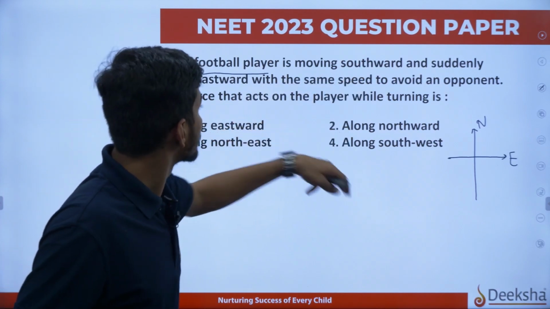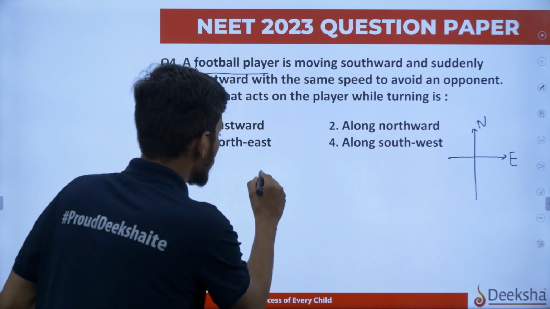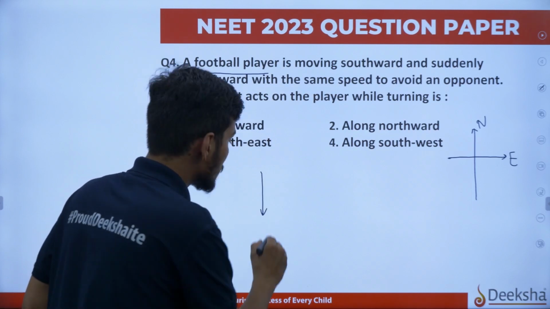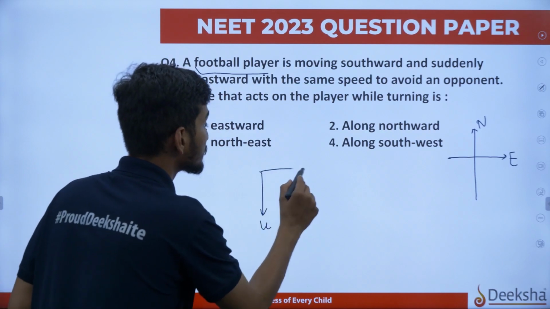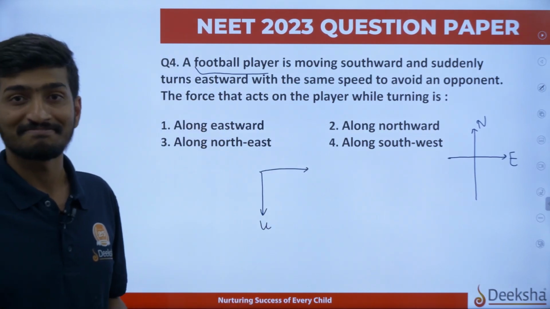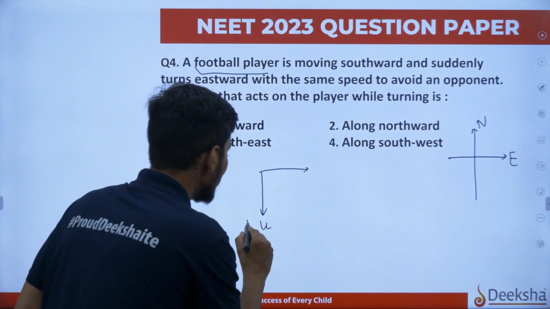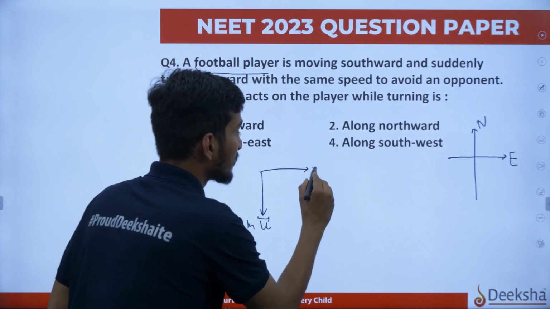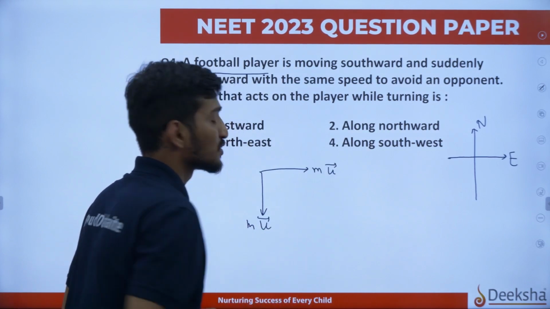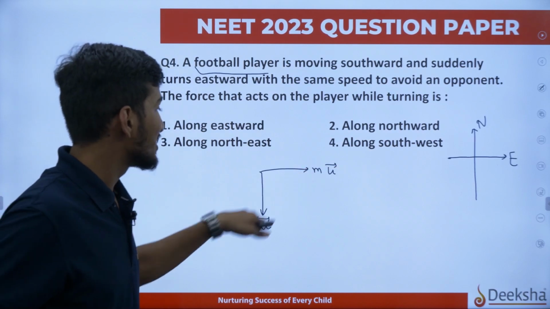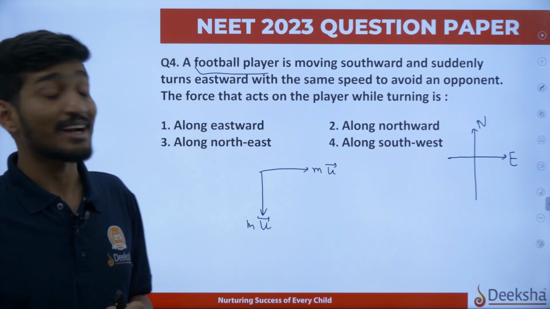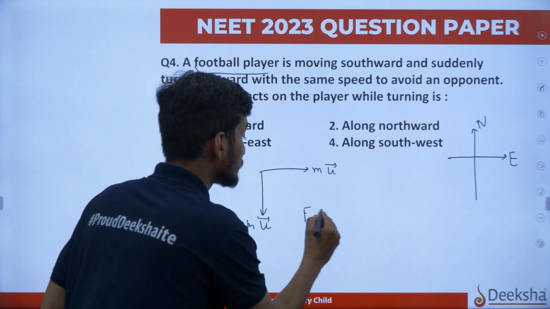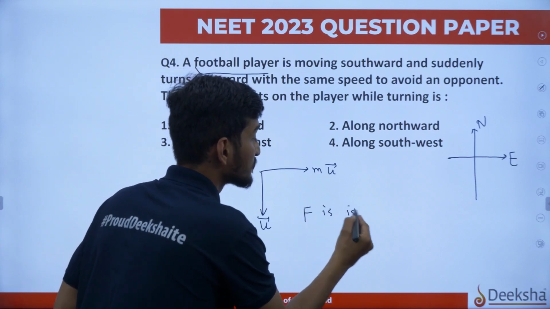He's moving south and then he suddenly turns east. So he was moving like this initially. This was his u. And suddenly he took a turn like this. Okay, alright, good. So initially this was his momentum. Finally, this was his momentum. Okay, velocity is still the same, it's just the direction has changed. So how do you calculate the force acting? Well, force acting is in the same direction as